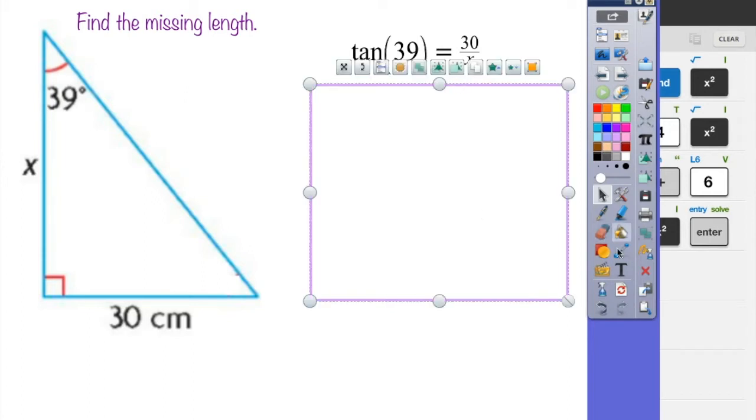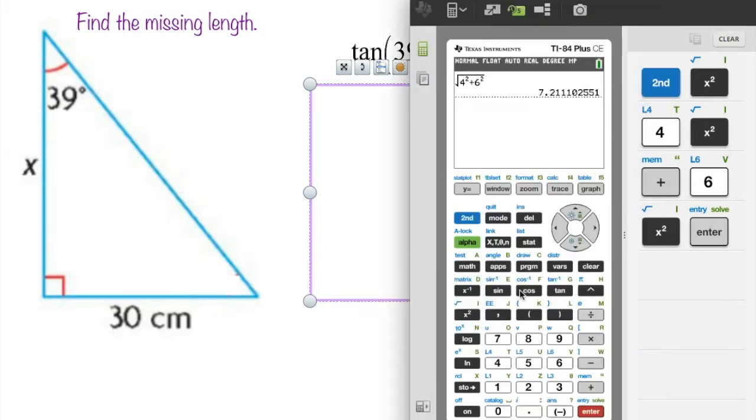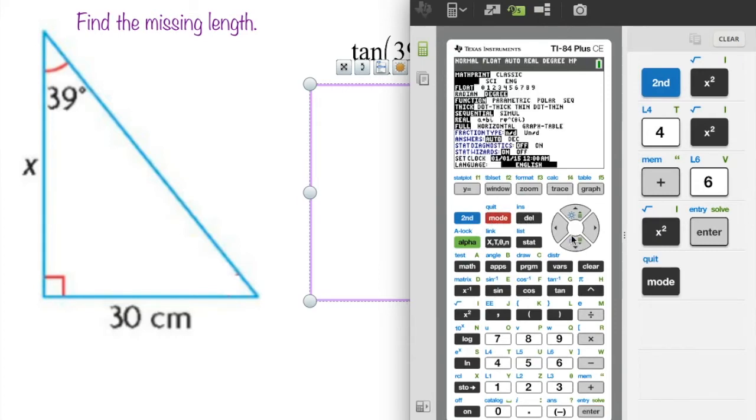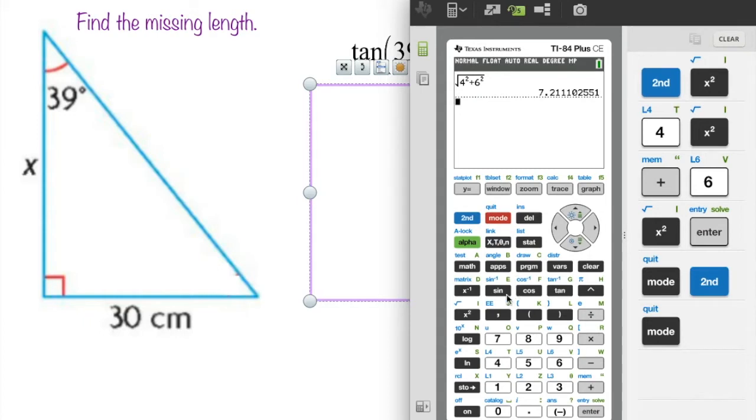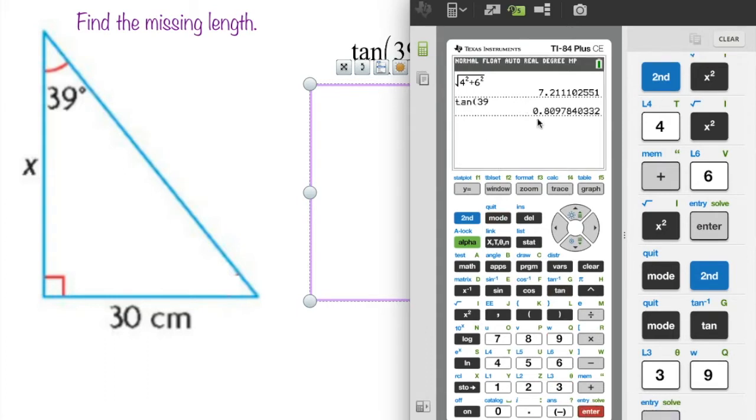Okay, and you might be wondering, well, what does tan 39 mean? In your calculator, you have to make sure that you are in degree mode. So if you hit mode in most TI calculators, you're going to get a menu that looks something like this. And you see that there's an option for radian and degree. You want to make sure that you're measuring in degrees. Okay, so now here are my three trigonometric functions: sine, cosine, and tangent. So if you type tangent of 39 degrees, you get this value